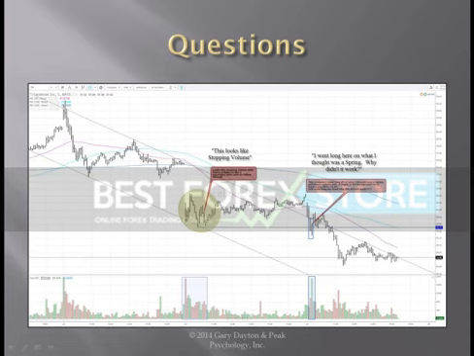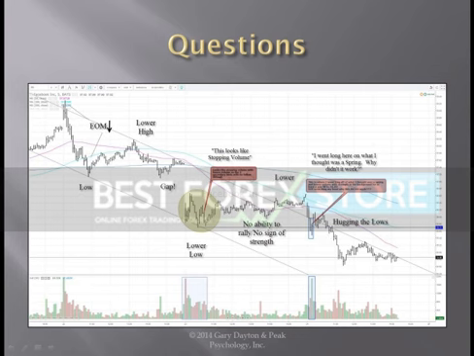And they're trading one of the American stocks here. It's called Facebook, and everybody, I'm sure, is familiar with Facebook. There's a lot of small type in here, so I retyped the basic gist of it. He says, this looks like stopping volume here somewhere. And then he says, I went long here on what I thought was a spring, but it didn't work out. How come? Well, let me show you what I think about this.